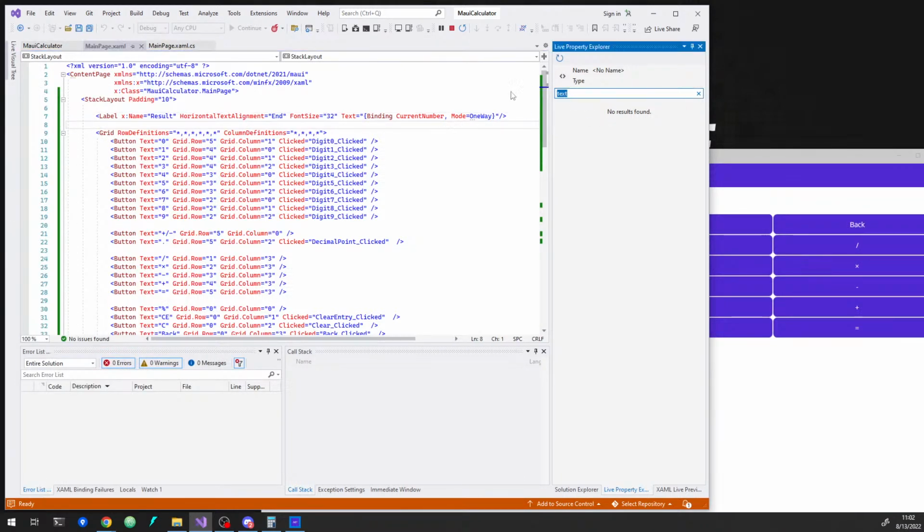Like that. I feel like that should have some sort of properties in it, shouldn't it? Like where's my font size? Where's my